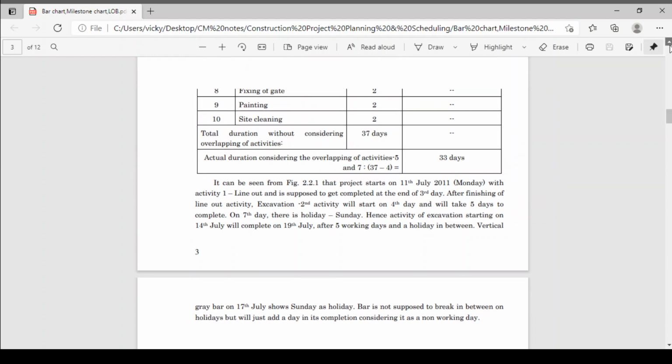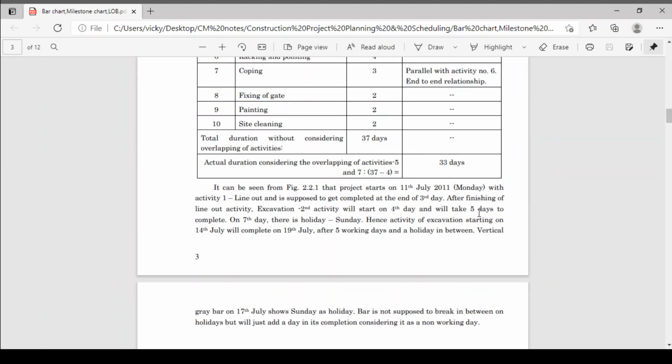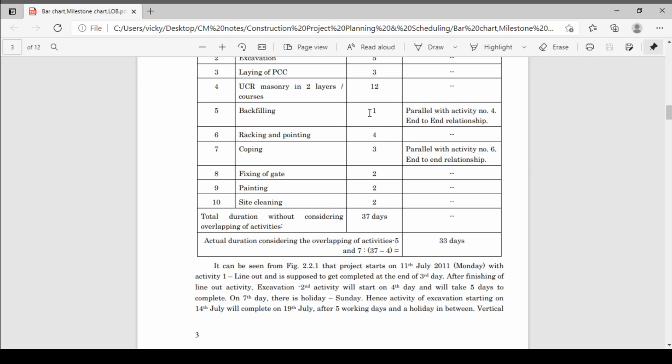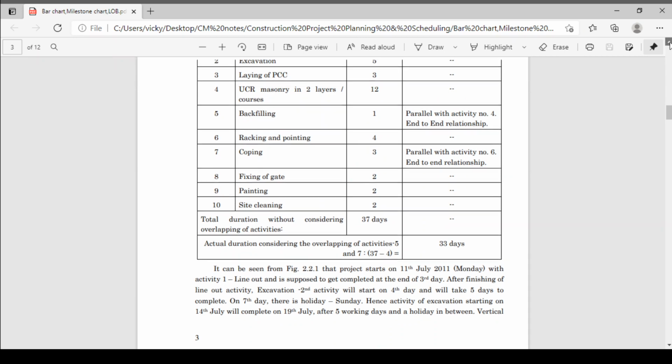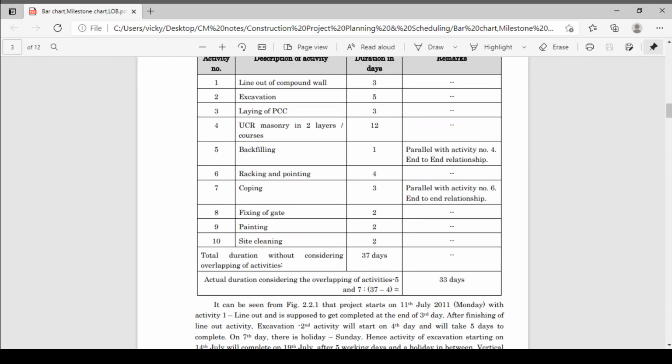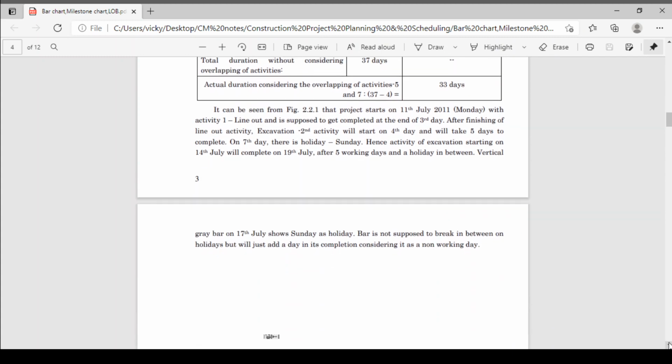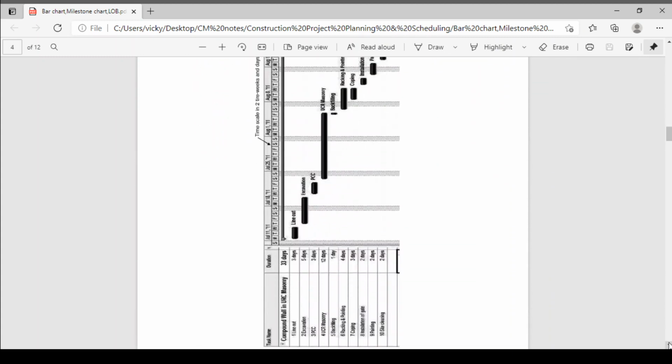After finishing the line out activity, the second activity, excavation, will start on the fourth day, and it will take 5 days to complete. We have already plotted the durations: 3 days, 5 days, 2 days, like that. Now we'll go to the chart.